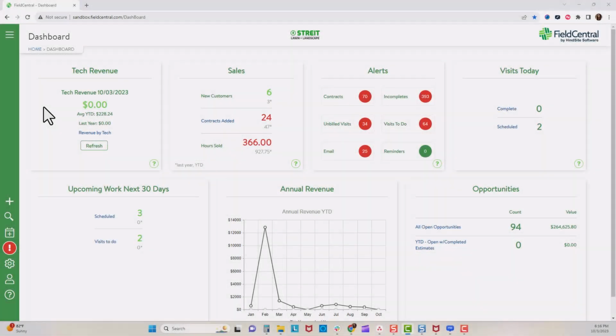Welcome! In this video, we will cover how a user would locate and edit an existing estimate within Field Central. Knowing how to navigate to this portion of the system will help ensure that you are able to stay on top of your customer estimates and adjust or review as needed. Within the Estimate Details section, users are able to adjust dates, monthly billing information, in addition to adding notes.